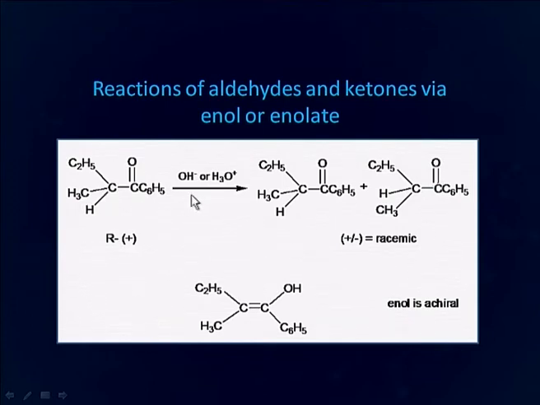Now, when it is treated or kept in acid or base, it has been found that optically active R isomer racemizes, that is an equal amount of R isomer and S isomer are formed as a result of enolization. The reason is that this ketone enolizes into this form which does not have any chiral center, and when this enol goes back to keto form, the substitution can occur from both sides and we get a mixture of R and S isomer of the ketone.